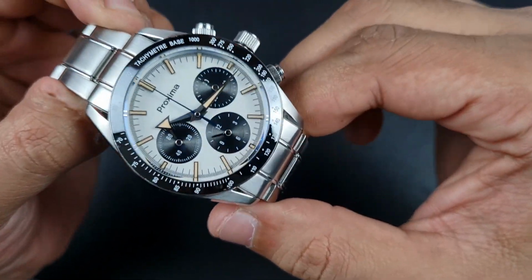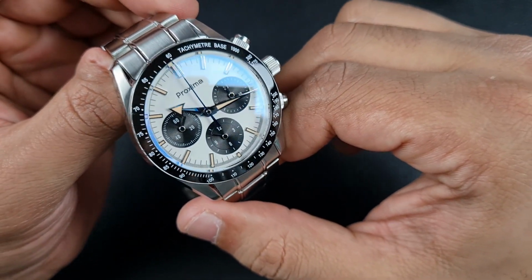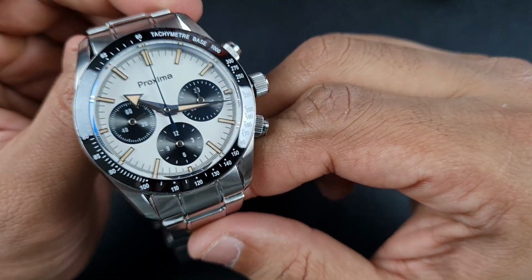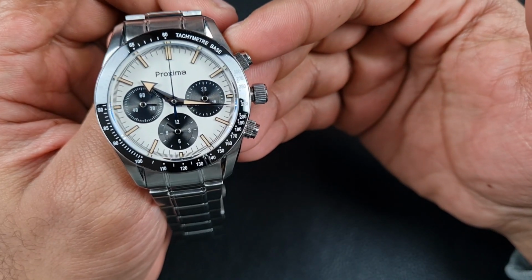However, the handset is very well finished, very clean, sharp cuts. There's no smudges, no debris, no dirt. Excellent QC on this. The length of the hands are just perfect. And moving on to the chronograph pushers,